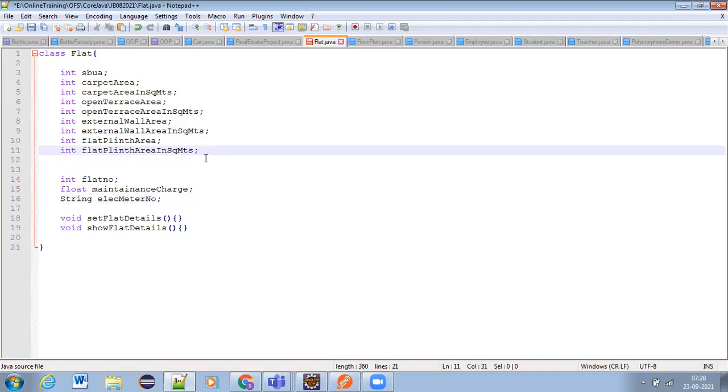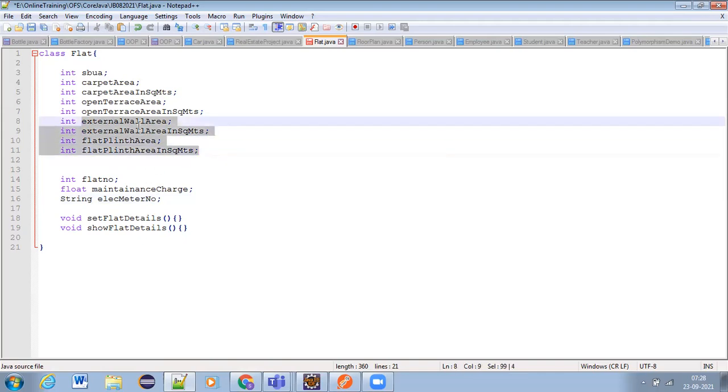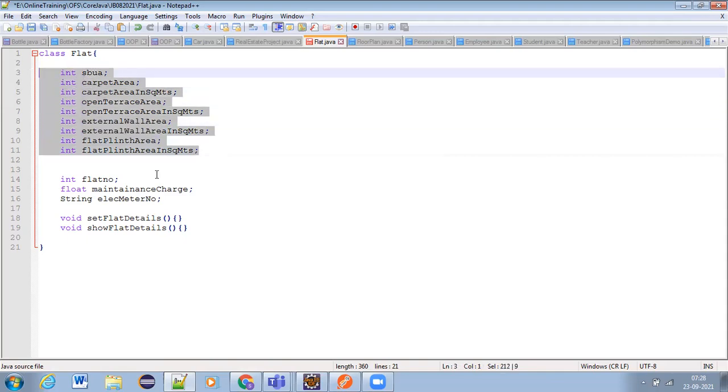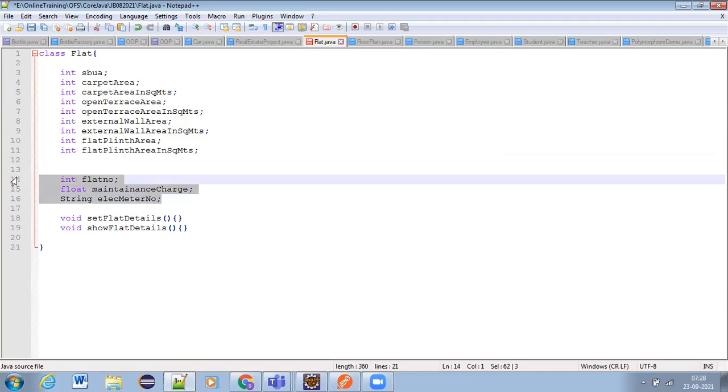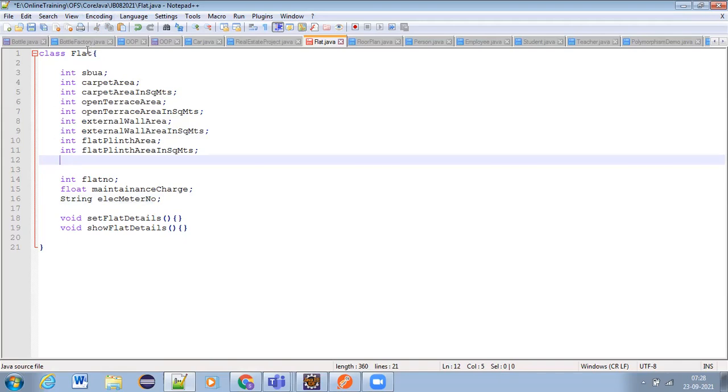Now, but why we have taken only this? Why we have not taken this flat numbers, maintenance charge, electric meter numbers, all this? Basic information. Based on the context for whom we are developing this software, for whom we are writing this flat class.